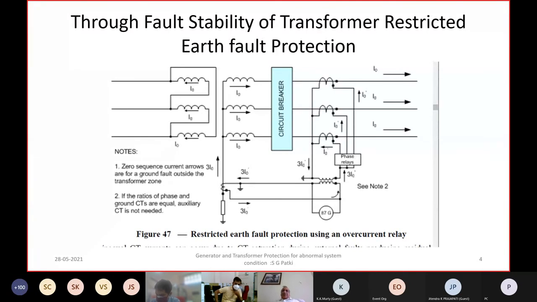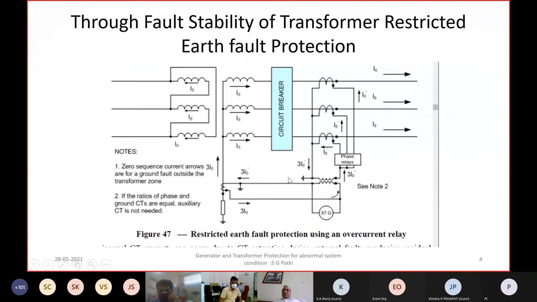Some people go to the base CT, so the restricted fault zone will include the full winding on the HV side, which is star connected, and the zone covered between the transformer terminal to the base CT. But sometimes restricted earth fault is also applied to, for example, a unit auxiliary transformer, where the LV cable is also included